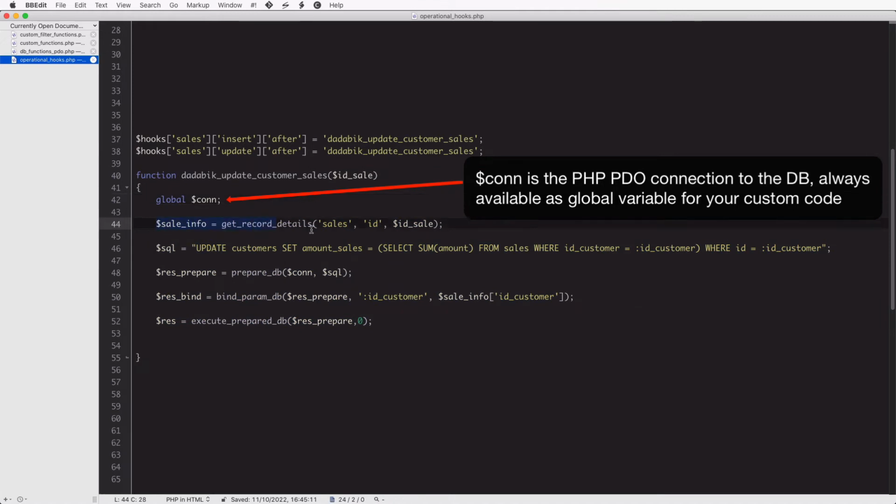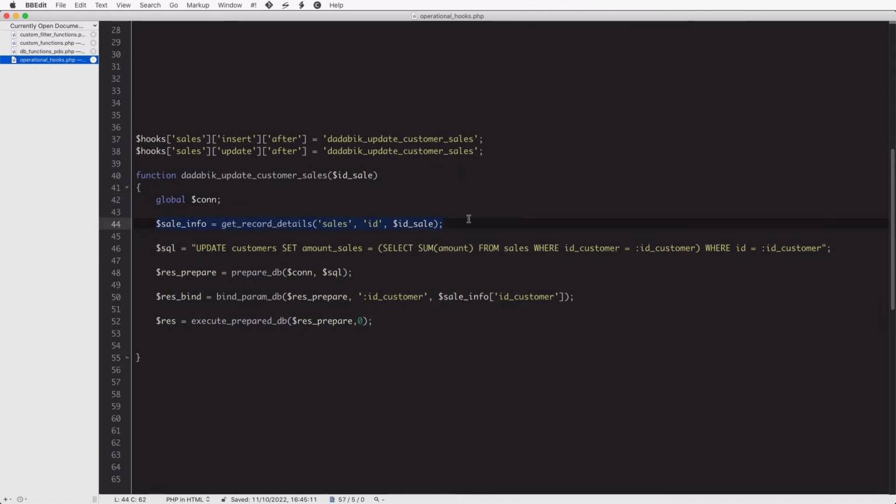So with this operation, we got the details related to a specific sale. Which one? The one we just inserted or updated. Get record details is a method of the Databeek's custom code API.